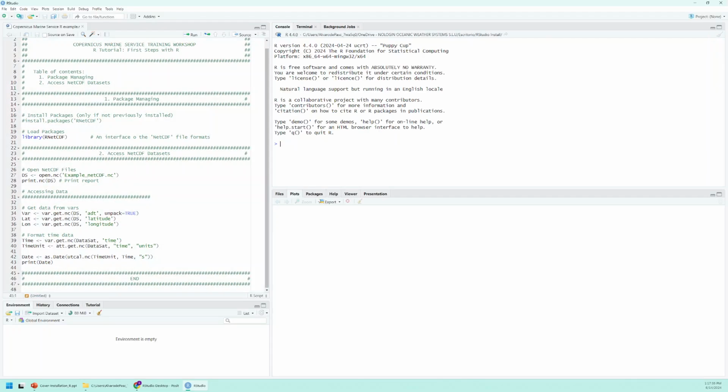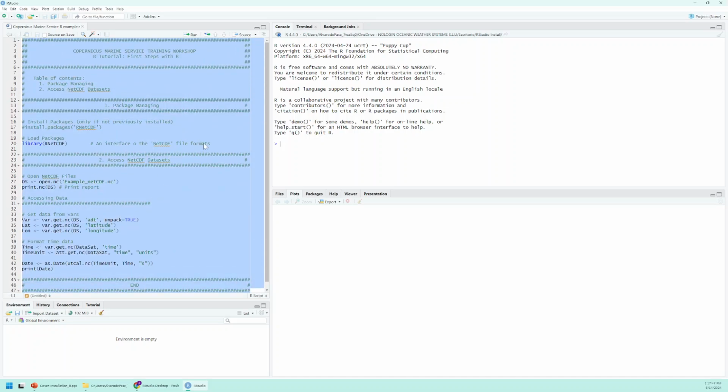And here is the normal environment of RStudio. As you can see here, there are 4 different windows. In the upper left window, we have the command lines. This window is the script we have opened. This is a text editor of the script we have opened. And we can work with the lines of this script